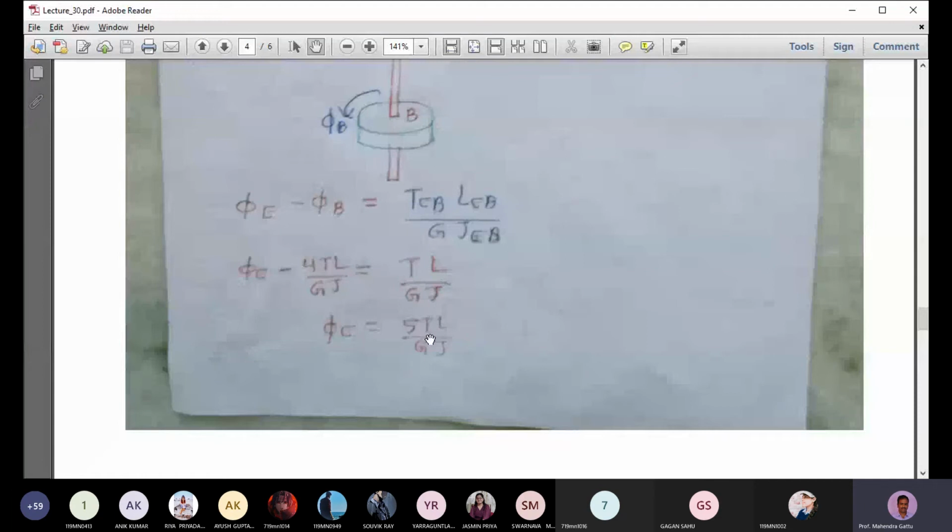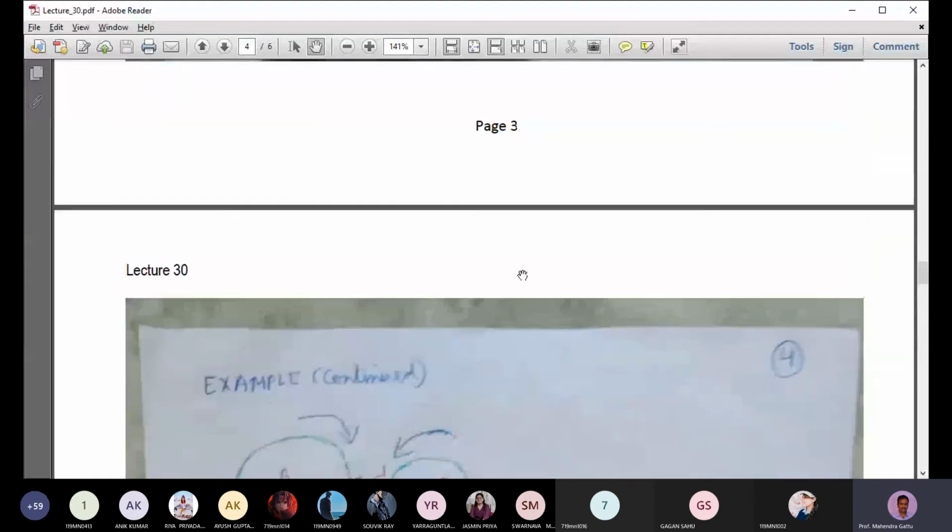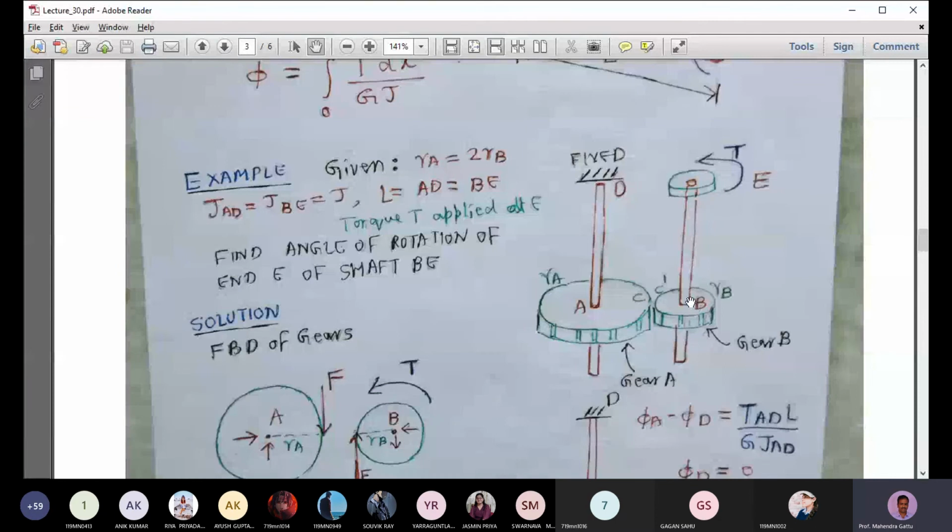Okay, so this is an interesting application, and we have looked at the analysis of two gear systems which are interacting. If there is no gear here, if there is no interaction, this shaft will not be in equilibrium. If you rotate by T, then this part also will rotate by T. There will be no relative rotation. It will not be in equilibrium at all. Because it is interacting, there is some resisting force coming there, and as a result there is some relative rotation happening.